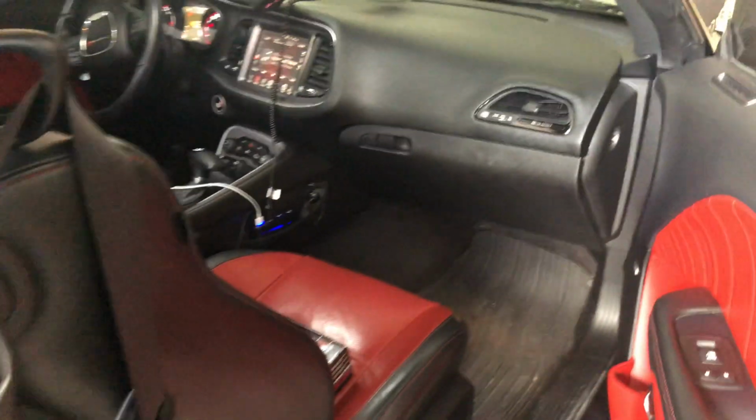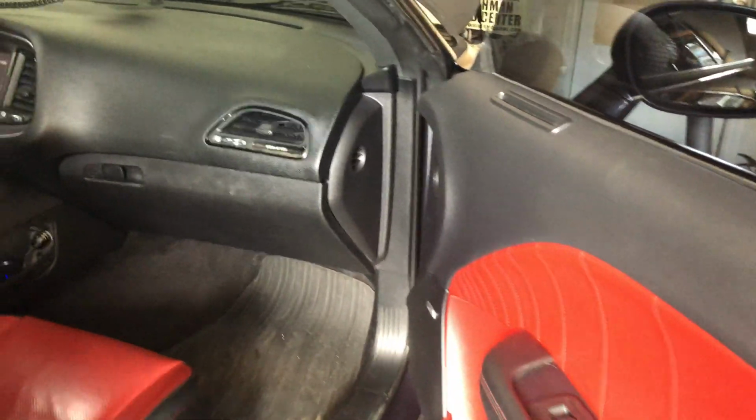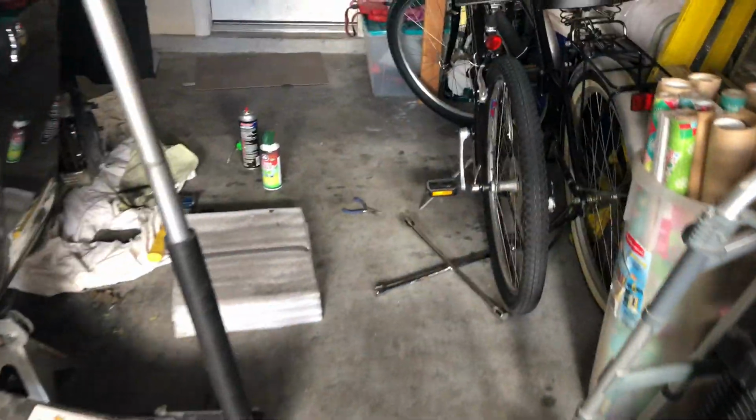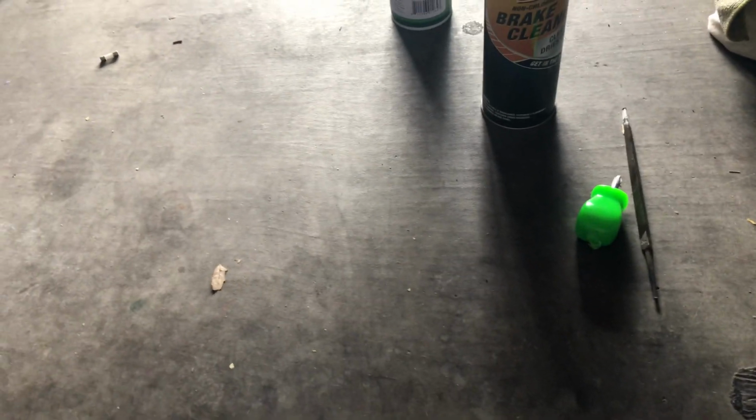Here are the pads that I decided to buy. I got them at AutoZone. They're the Duralast Max pads. Now these are the top of the line pads that AutoZone has,